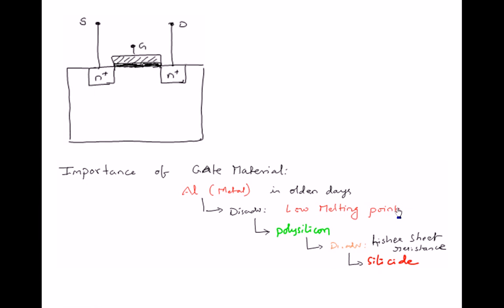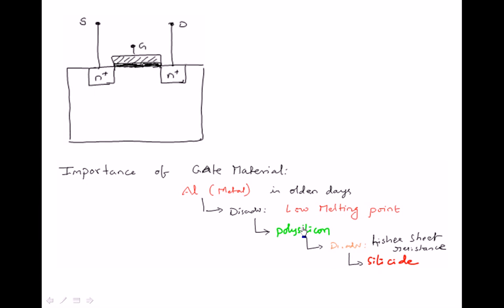But as the process technology advances, more and more transistors are placed on the same area, same die. That implies they are going to be placed at higher temperatures. All those processing steps are going to operate at higher temperatures. Those higher temperatures cannot be withstood by this gate, that is aluminum. So aluminum is replaced with polysilicon. Polysilicon is simply polycrystalline silicon. There is a small difference between single crystal silicon and polycrystal silicon.